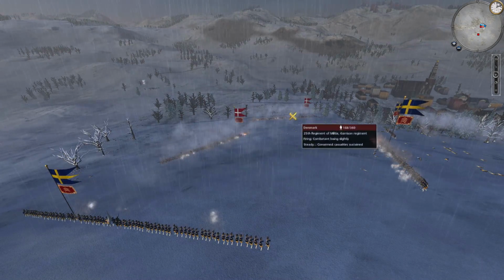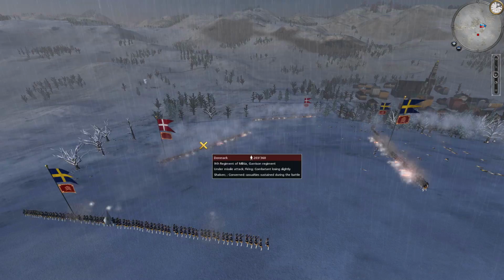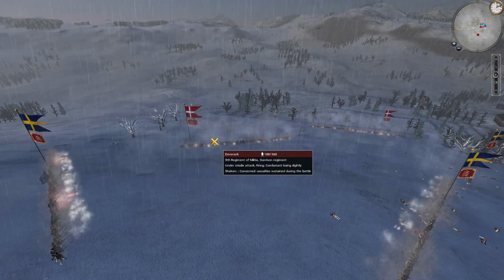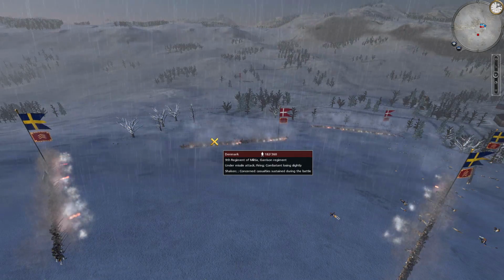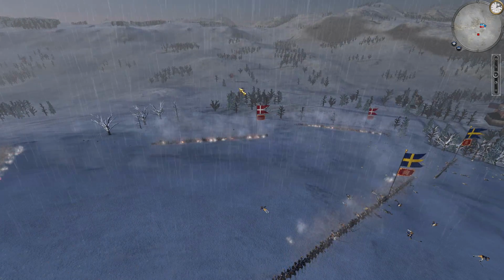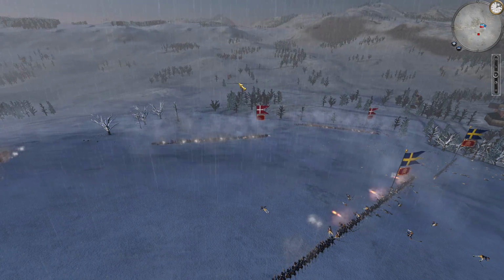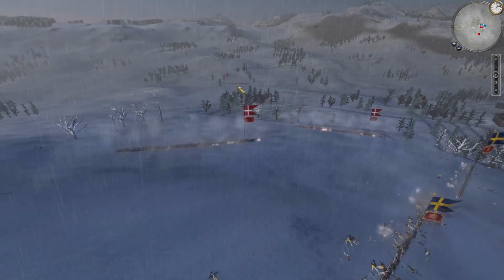So very soon here it will be 3 regiments on 1, which I really should have charged in with my general, which probably would have caused the militia regiment to run. We can see this regiment is back again. So you know what? It probably wouldn't actually have worked. But